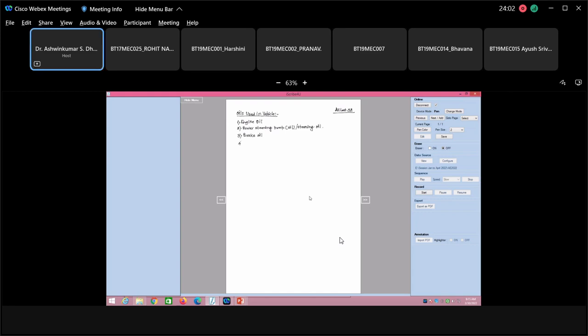Then the fourth one is your gearbox oil. The fifth one is the oil used in the shock absorber. Please note that whenever there is a leakage of oil, the dust will get